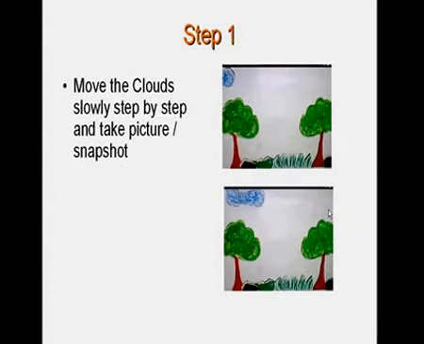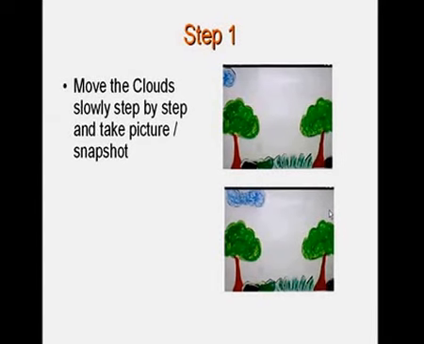You can see in step 1 the cloud is kept in the starting phase. In the next slide you can see a full cloud appearance. In between these two instances we have many instances, that is, you have to move the cloud a little by little and take a snapshot of each and every moment. That is, a cloud should be moved slightly, take a snapshot, move the cloud slightly, take a snapshot, follow this until you see the full cloud appearing,